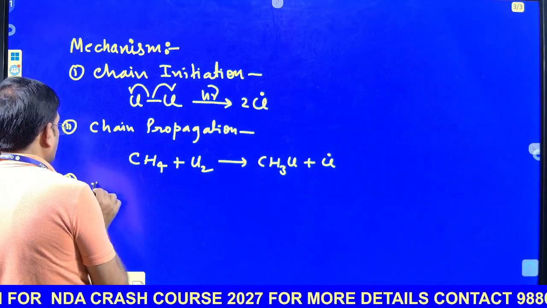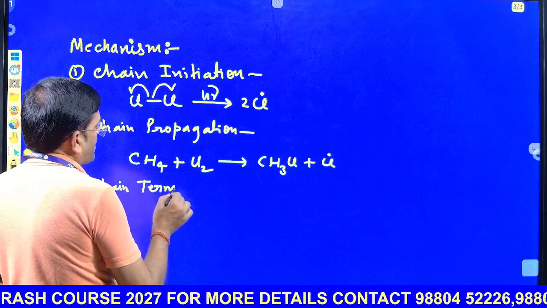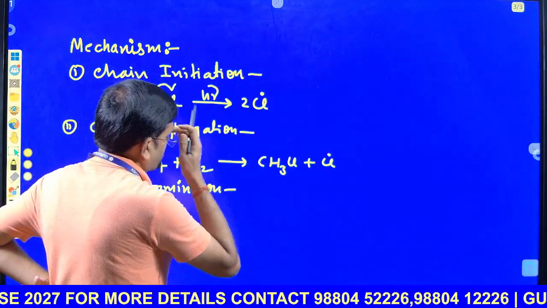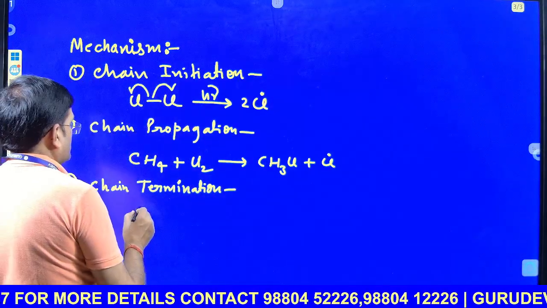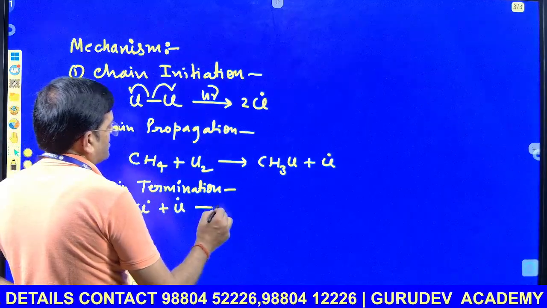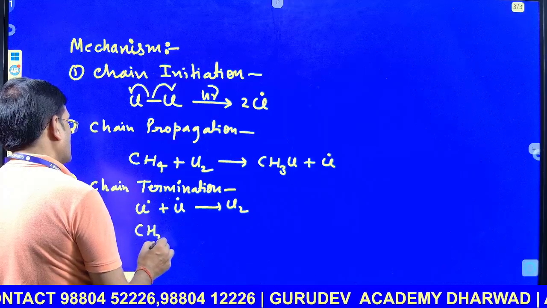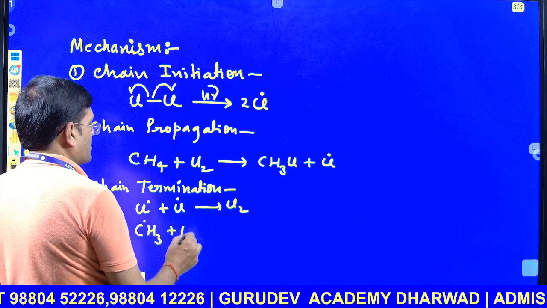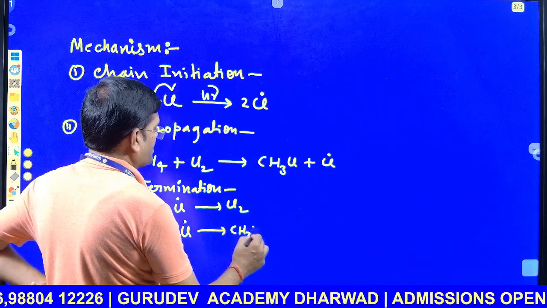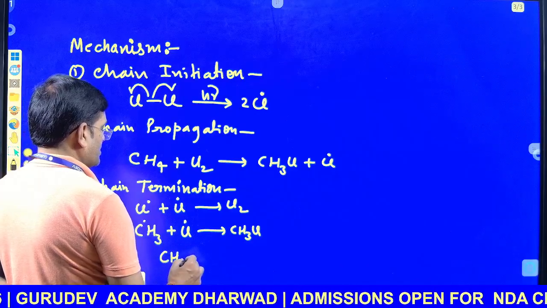So that third step is chain termination. So what happens here? Cl dot is going to combine with Cl dot to give Cl2, CH3 dot is going to combine with Cl dot to give CH3Cl, and this is also possible,